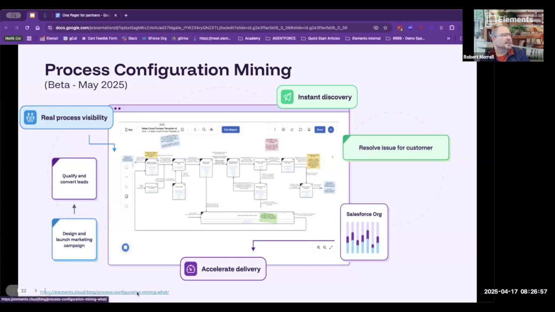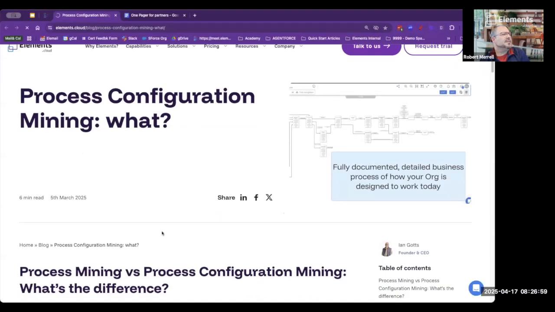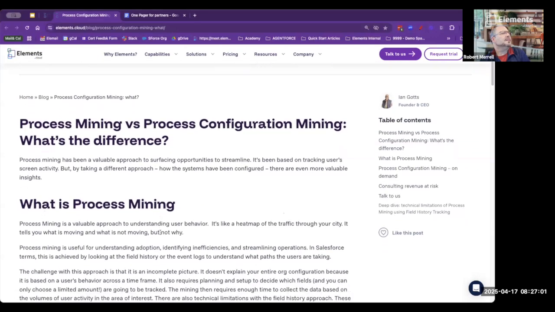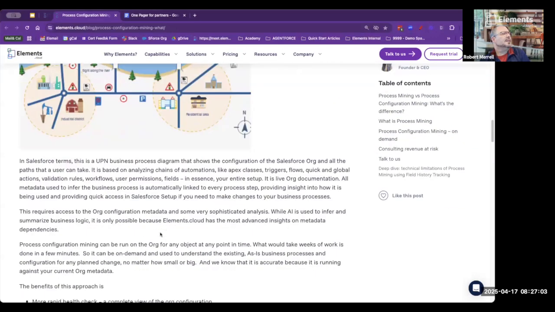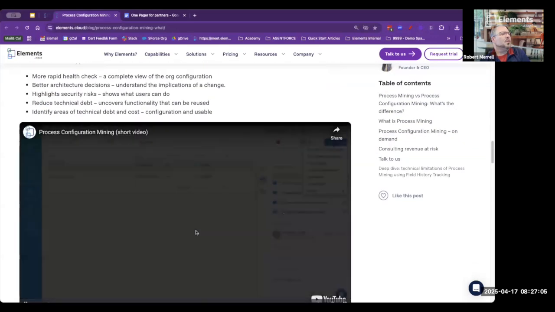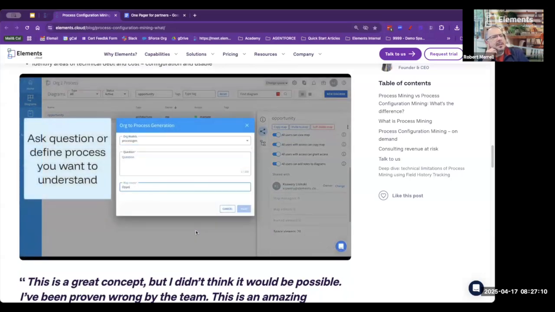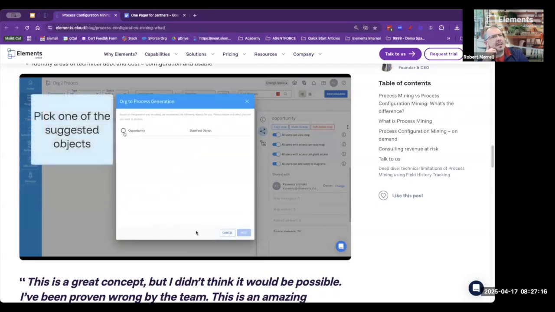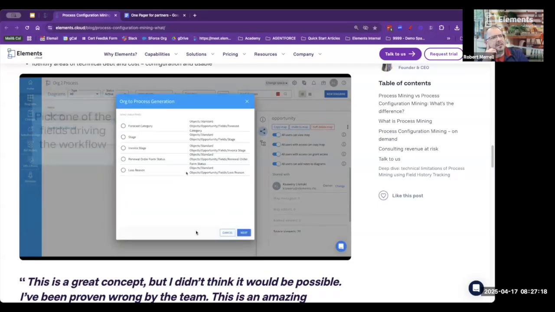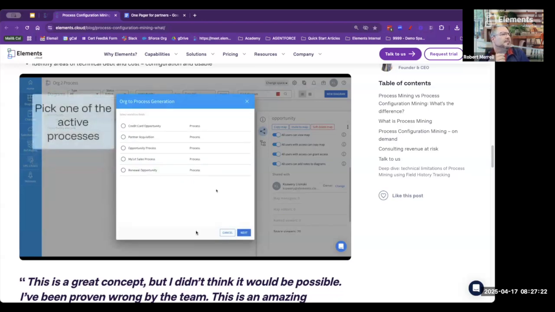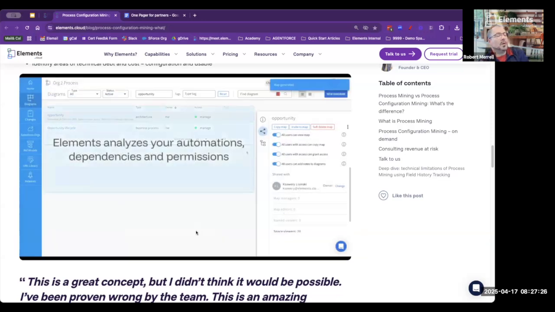Let me see if I could, hopefully everybody can see this. So if you go to our website, you could see, again, a recording of the demonstration of how you could actually build a diagram based on a process or something that has a life cycle, such as an opportunity. If you have a sales life cycle, a case life cycle, you go through an interview process, essentially a flow where you answer some questions about what it is that you want to